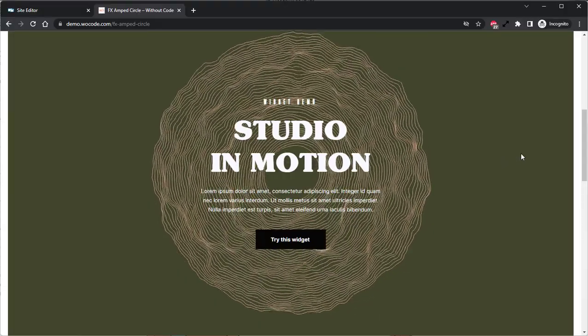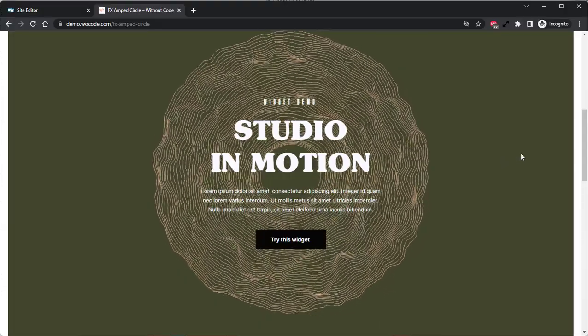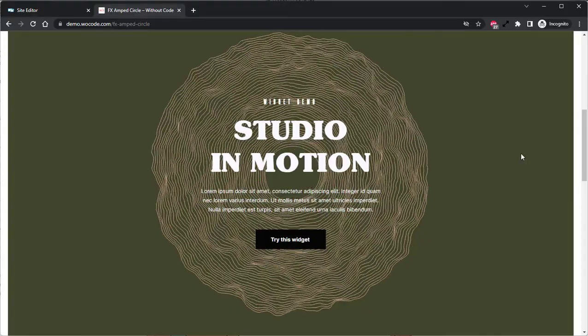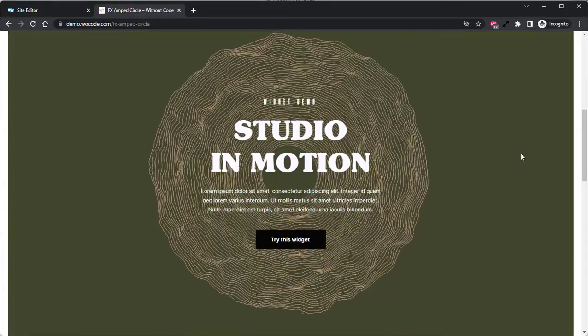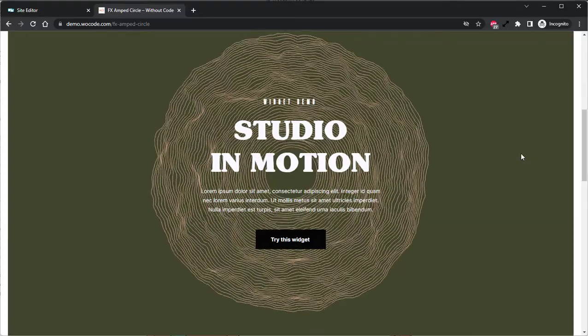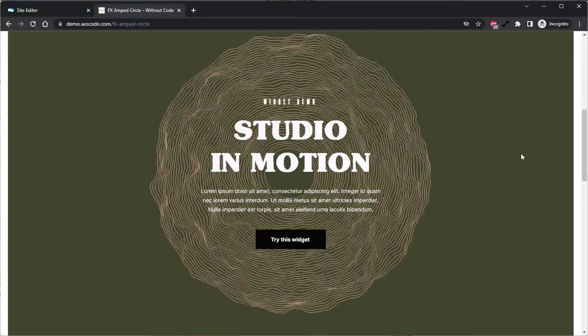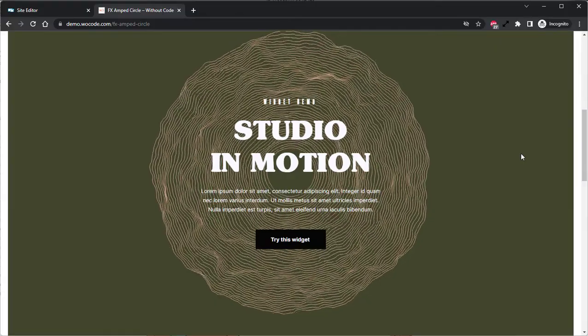The FX Amped Circle widget displays a hypnotic ring of concentric circles in perpetual motion. This effect can be used to add impact to important headlines or content on any site. So let's go ahead and jump into the builder here and take a look at exactly how to set this